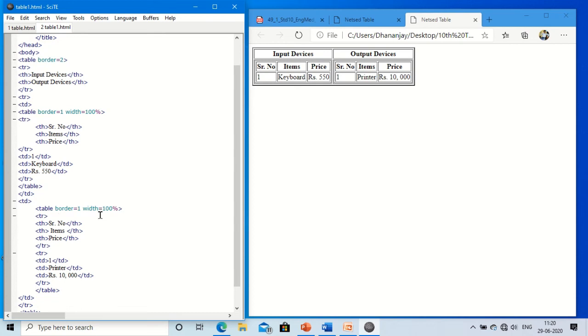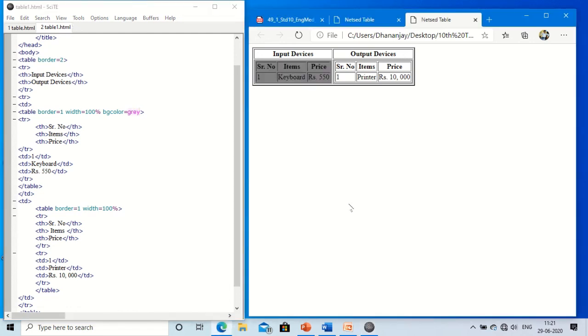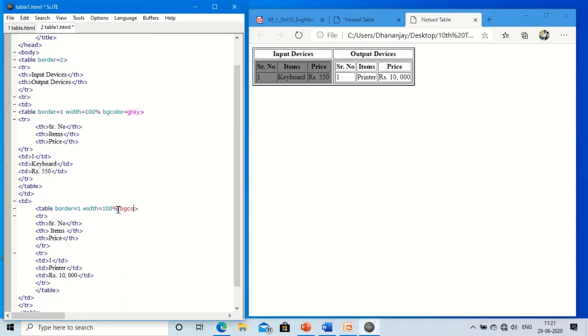Width I have given 100%. Now let me change the color of both the tables, then it is easier to understand. I want to give bgcolor equal to gray. Let me see. Okay, and the bgcolor of this is equal to purple.